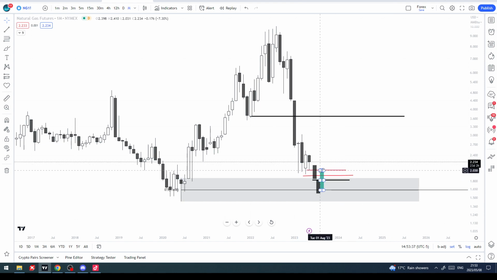You want to break that fair value gap, close above it. So that would give us OB validation and market structure shift. Once you got that, then that's what you look for. Right? You look for the retrace and then the move up. So right now, nothing pretty on nat gas. So we do nothing. In the middle of nowhere, we do nothing. Good. Right, that sorts nat gas out.